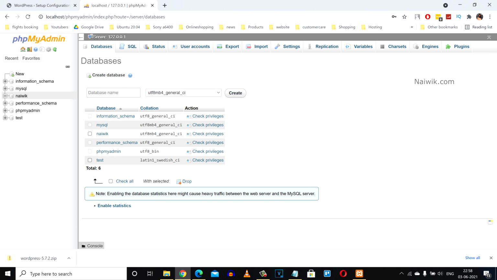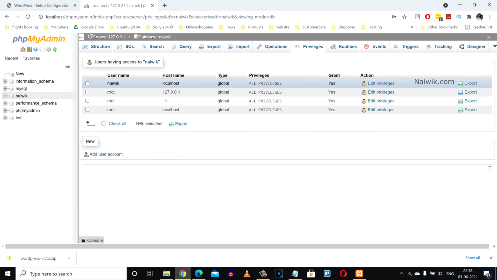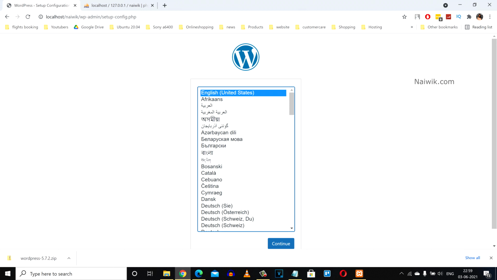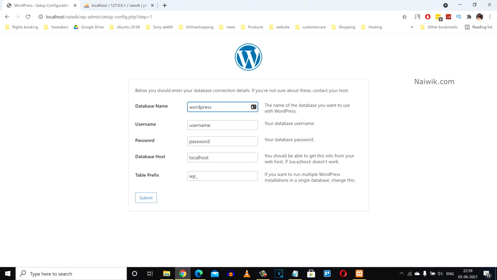After creating the user, go to your database and simply click on privileges, and the user which you have created will be shown over here. Here you can see the username, host name, and you can see that I have assigned all the privileges to the user. And after creating the database and the user, we need to switch back to the WordPress installation and select the language. Click on continue. Click on let's go. And you need to give the database name which you have created and the username. I have given the name as Naivik and the password and the database host. Since we have set the database host as localhost, you need to leave this field, and after that you need